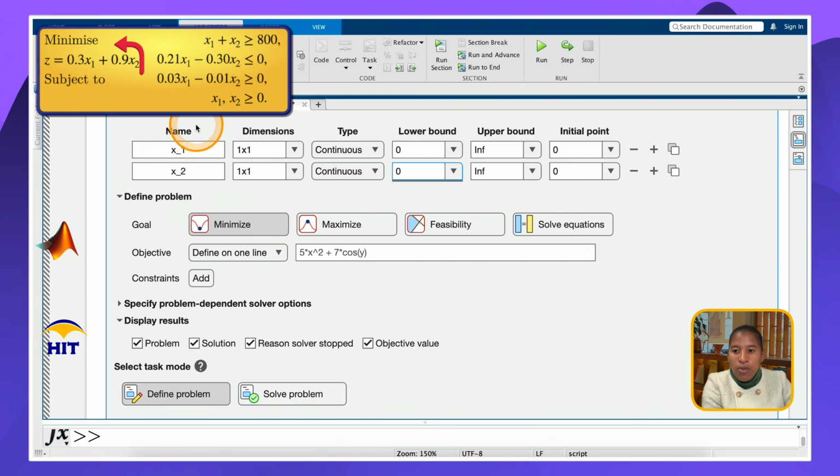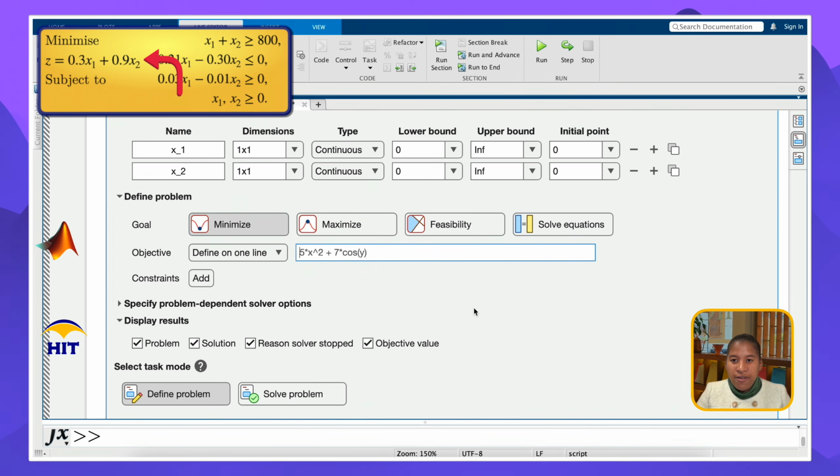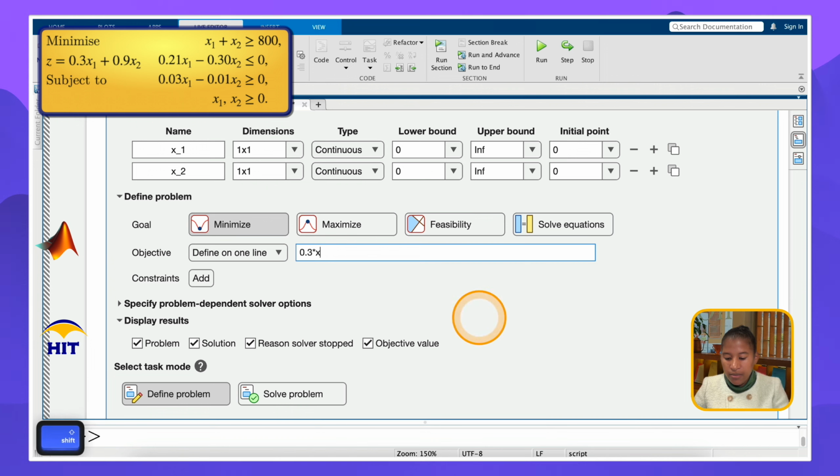As shown in our problem here, our goal is to minimize. So we'll click here, which is already clicked anyway. If it were a maximizing problem, I would click here. I go on and enter the objective function, which is the z, which is here. My z is equal to 0.3x1 plus 0.9x2, 0.3 times x1 plus 0.9 times x2,